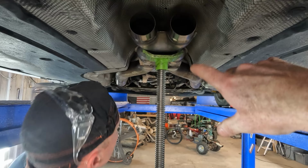I brought it up with my guy from A&M Exhaust, and he's like, you know what? I have an idea. Bring the car in. Let's work together on something here. I got a couple ideas. I think I can get you more F1 sound, but take away some of the drone inside the car. And mind you, right now, inside the car is even noisier, because if you look right here behind me in the rear seat,